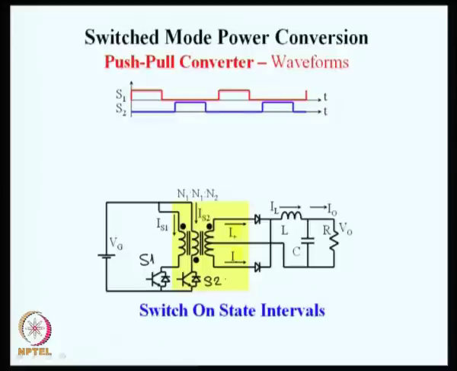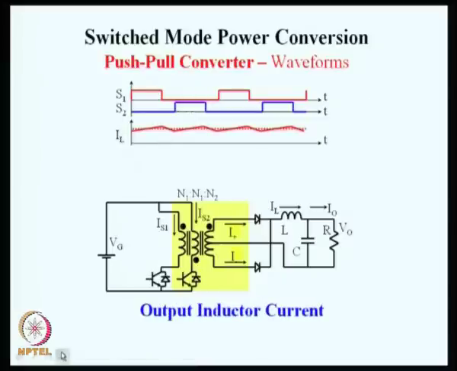So, call this switch S1 and call this S2. S1 and S2 are turned on as per the duty ratios that are shown here. S1 is turning on in alternate half cycles, S2 is turning on in the other alternate half cycles. So, what we see here are the switch duty ratios. On account of this, when S1 is on through the positive half of the secondary, voltage is applied to this inductor and you see that the current is rising. This is the first part. Current in the output inductor is rising.